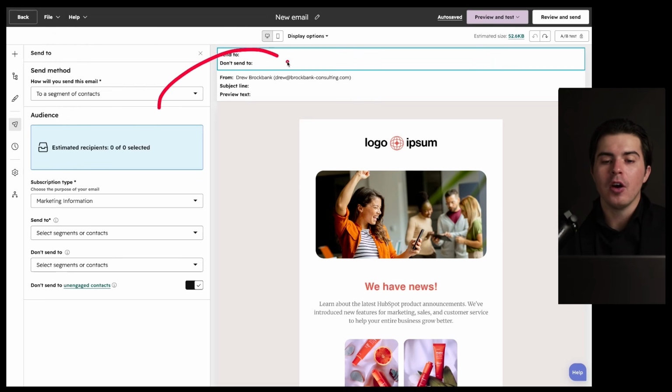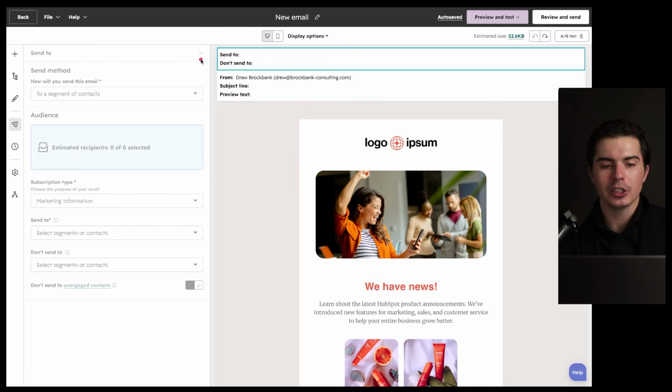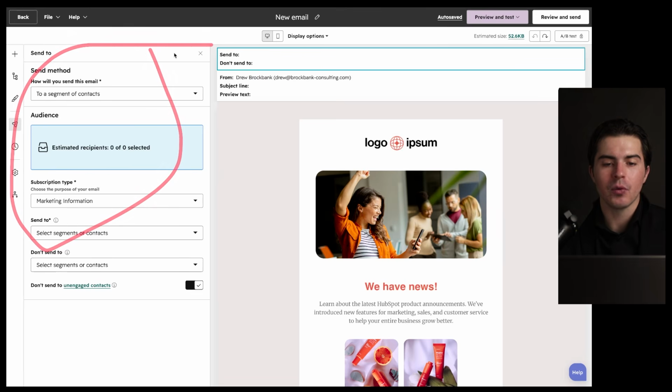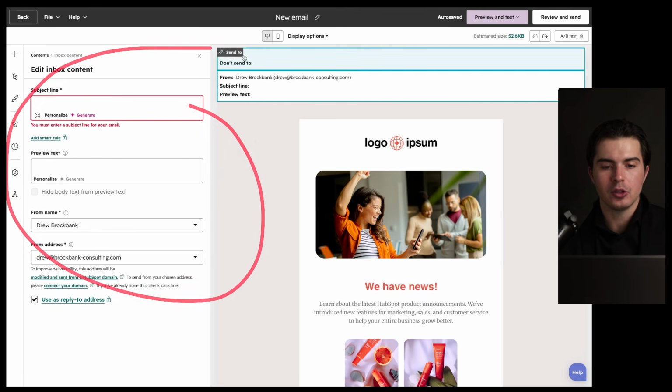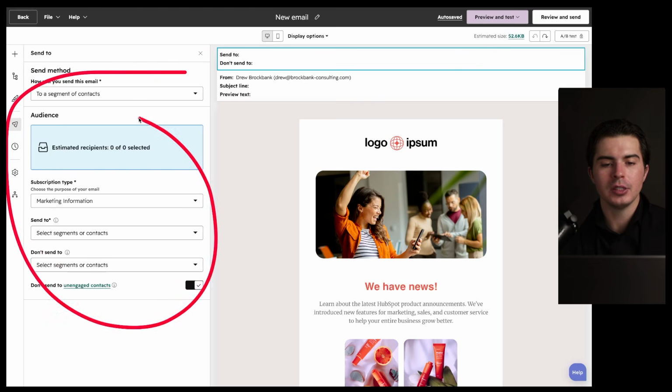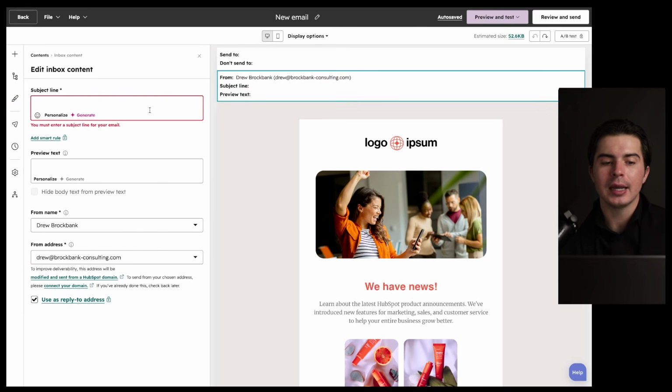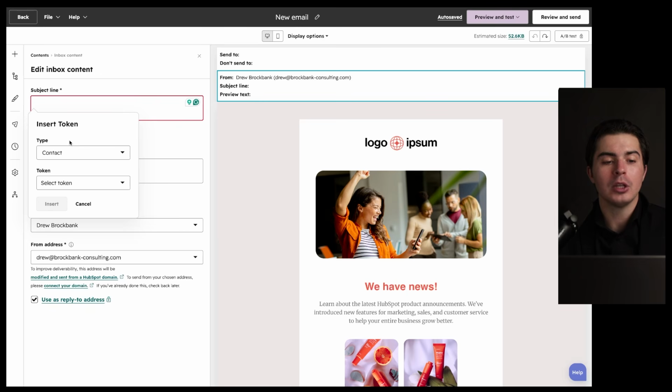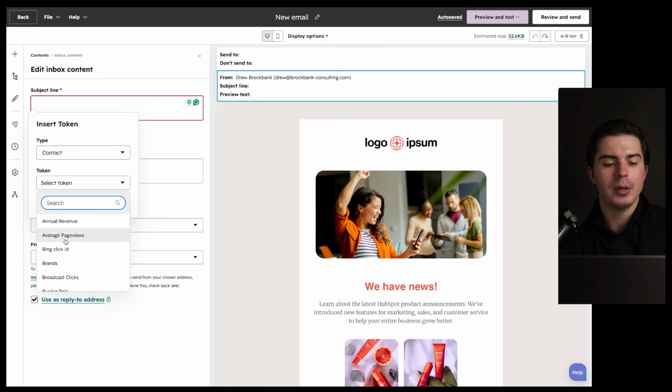From there, if you move on to the canvas, you'll see send to, don't send to. So if you click on these two sections, the different settings for these sections will pop up on the left. So if I click on send to, I can choose who this is sending out to. If I click on from, I can decide, hey, where's this coming from? I can have multiple emails here. I can change this email to other ones that I have, different from addresses that I allow. I can personalize this subject line with a token, so it dynamically populates information based on who it's sending to. So if I want to do based on first name,